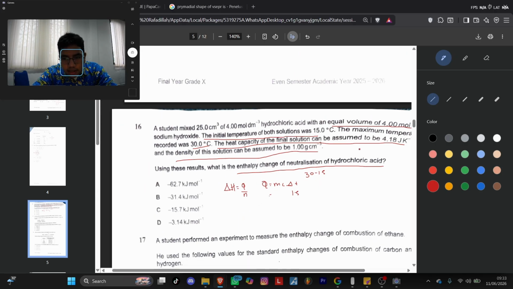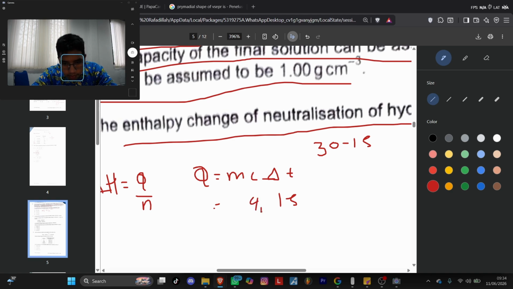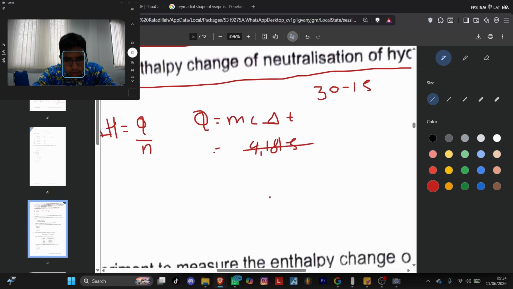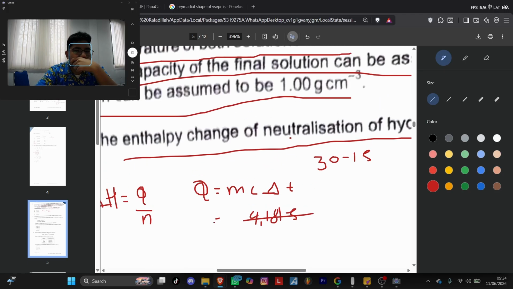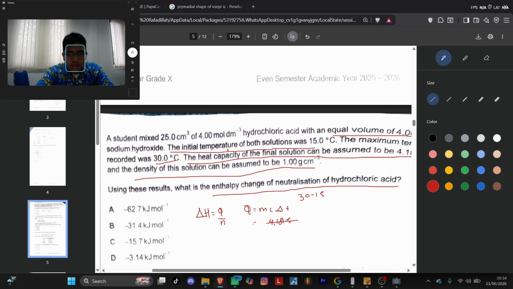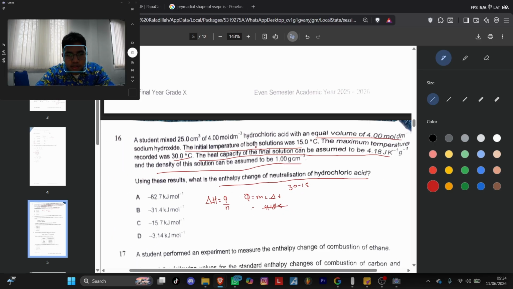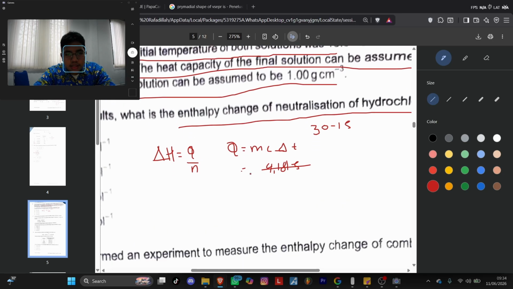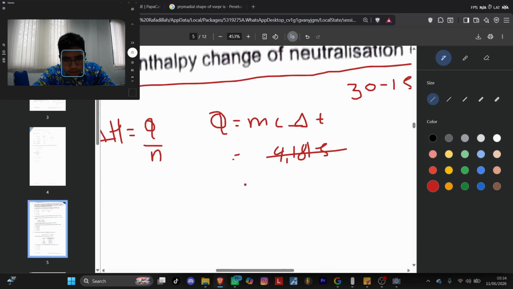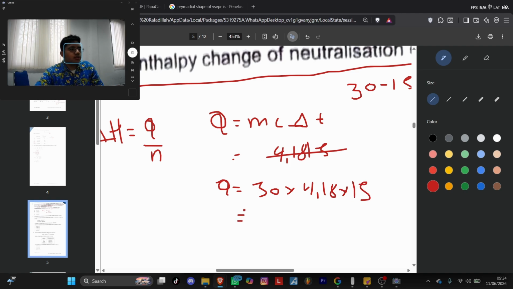The constant is 4.18. Both have equal volume, so the mass is 25 plus 25, or 50. So Q equals 50 times 4.18 times 15. That will be equal to